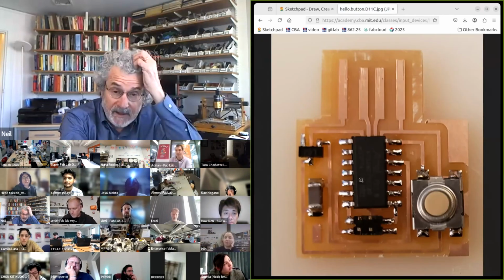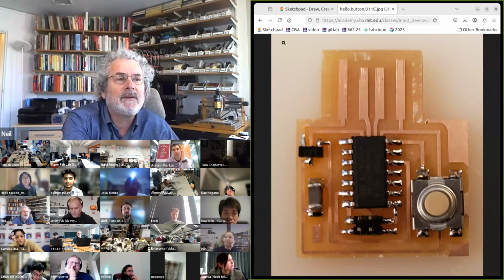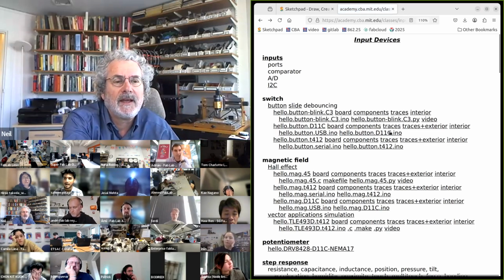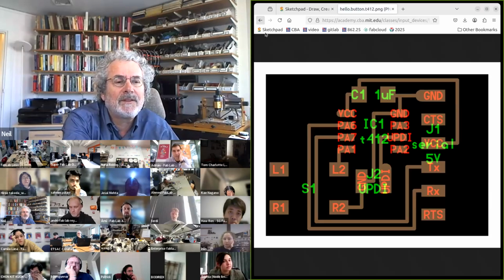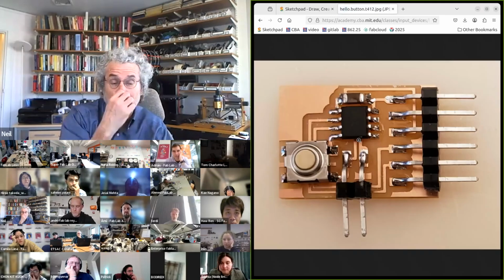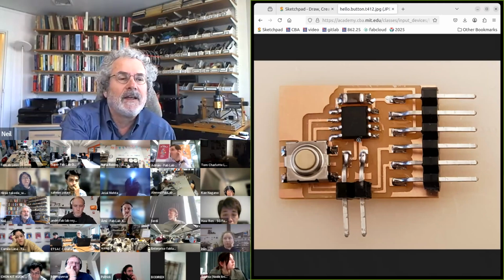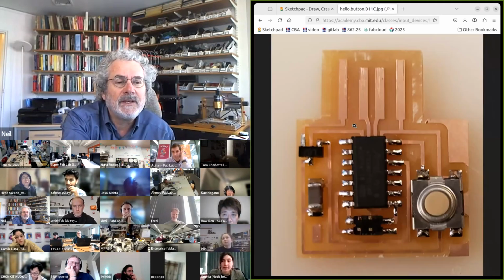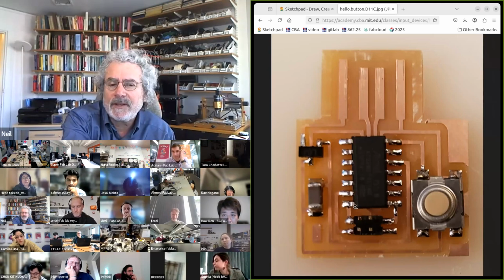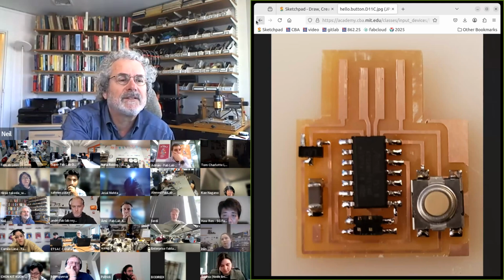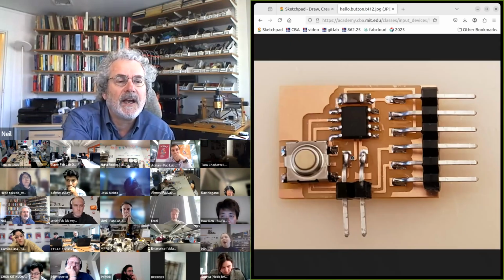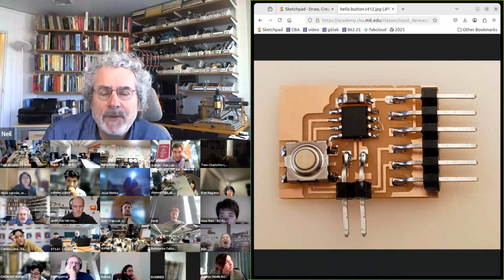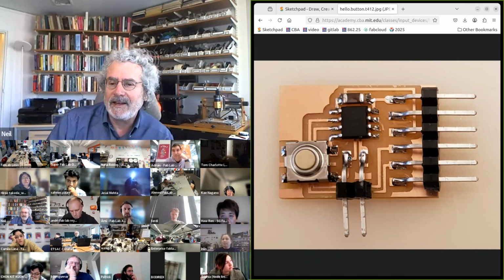SAMD11, which is an ARM processor that knows how to speak USB. And here's the same thing with the Tiny 412. The SAMD we program over this JTAG interface. The Tiny 412 we program over the UPDI interface. And again,